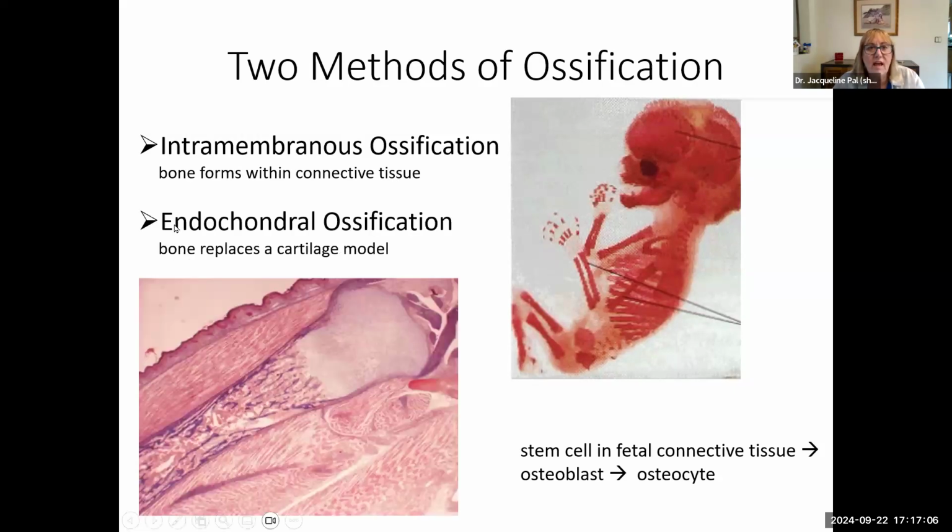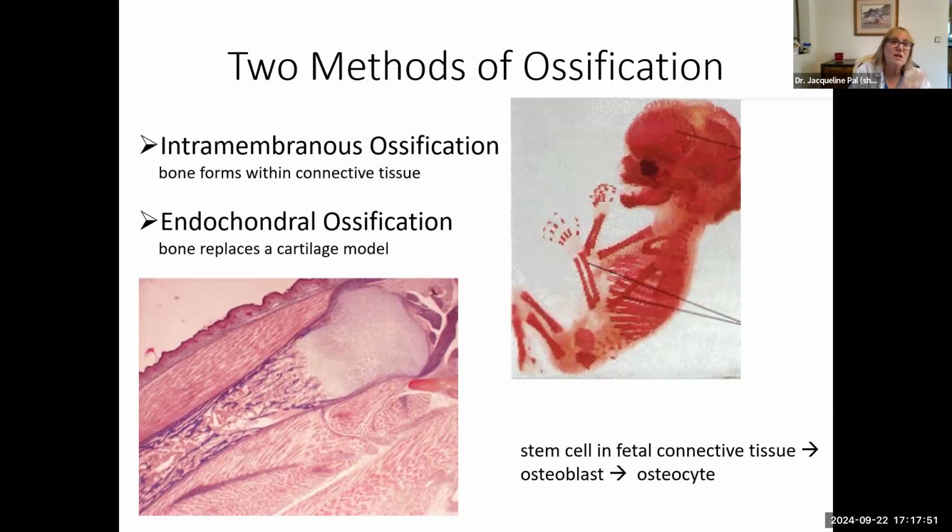The second one is called endochondral ossification. Endo also means inside, but as you know by now, chondro means cartilage. So here, bone is going to form inside cartilage. In other words, we're going to have a piece of cartilage that looks just like the bone, and bone is going to replace it. And that's because cartilage cannot maintain our weight. It can't do the weight bearing. It can't do the stuff that bone can do. So having bones made out of cartilage doesn't do us any good.